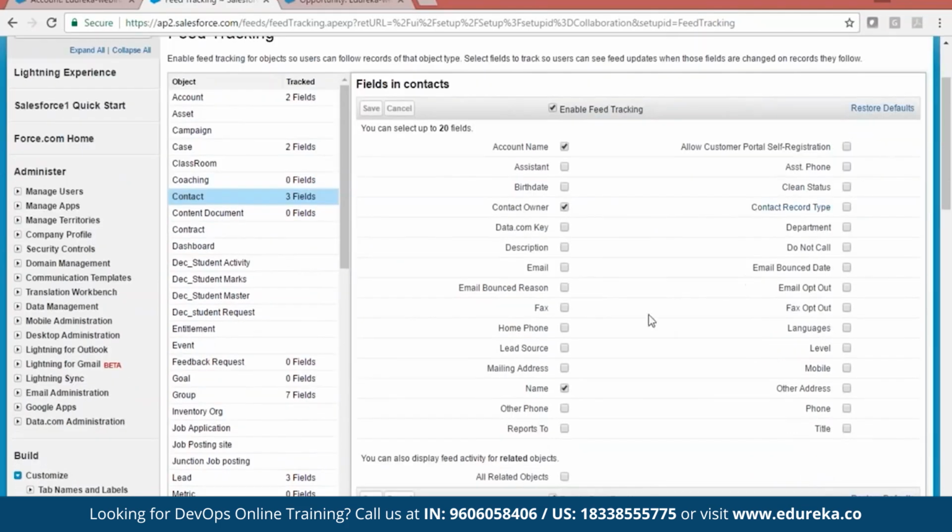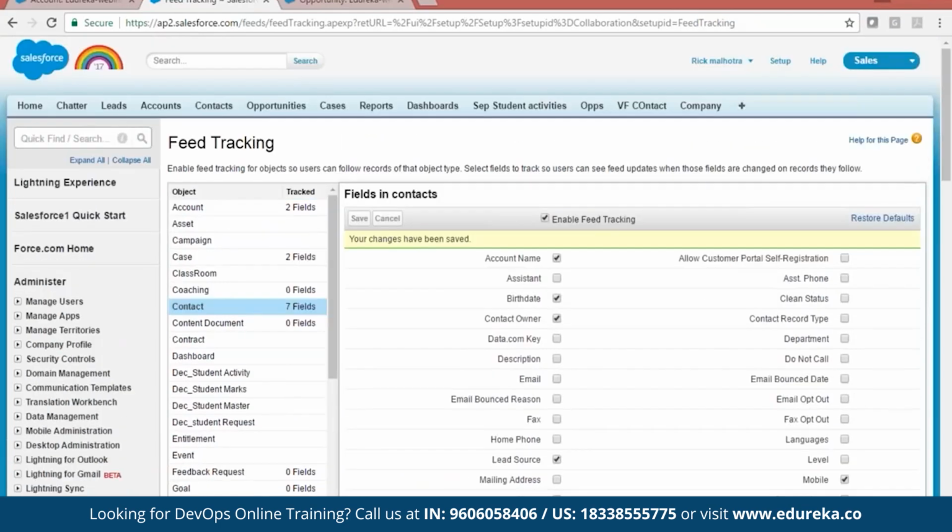Up to 20 fields you can track, and I can just check them. So whenever you change these fields, a chatter notification will be generated. So there are a lot of features, and we can go through them. We can customize it as per our requirement. Almost everything is possible here with development, customization, or writing some programs. So we can also do all that stuff.